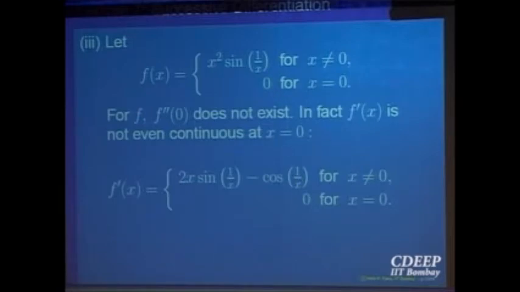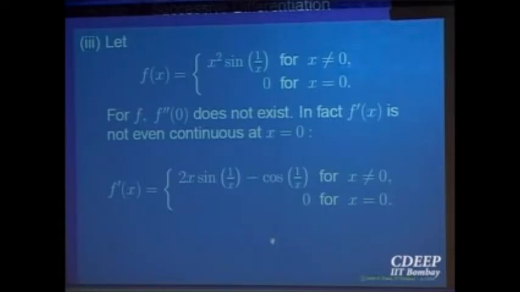Quite often a mistake is made by students. They compute the derivative at points other than 0, and to compute the derivative at 0 they put the value x equal to 0. If you take this function for x not equal to 0 and differentiate at points other than 0, this is the value. You cannot put x equal to 0 and say that that is the derivative at 0. Because if that is the case, then what are you assuming? You are making an assumption that the first derivative exists at the point 0 and is continuous.